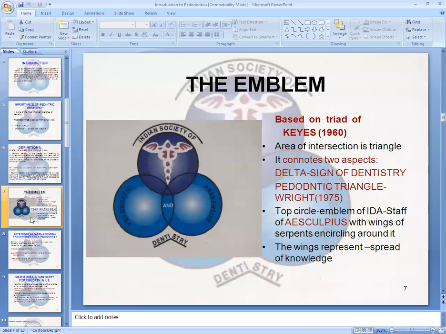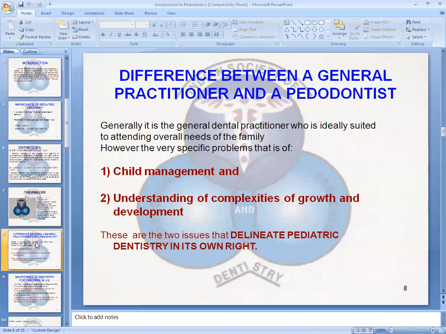Now we will see the difference between a general dentist, a general practitioner, and a pedodontist. Now, generally, whenever there is,